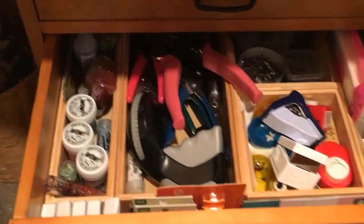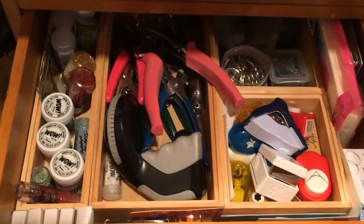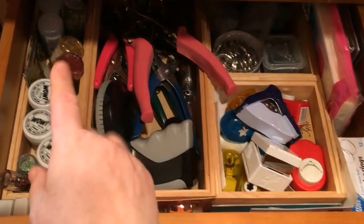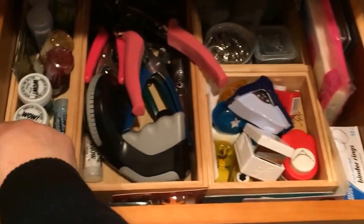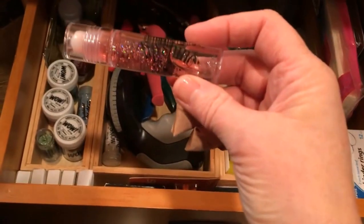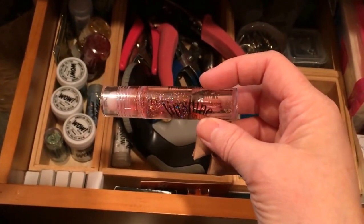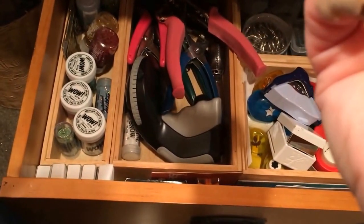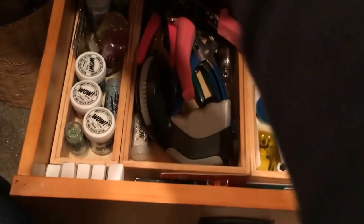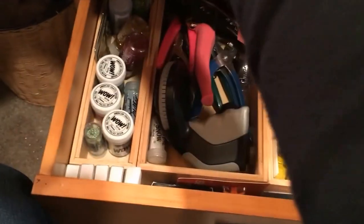Underneath that drawer, and by the way, all these dividers came from Bed Bath & Beyond, again, 10 years ago. So here are my glitter things, and here's the Heidi Swap lip shine that everybody's been talking about lately. Whoops, here it is. Sorry, I was holding it above. I still have mine. So then the rest of this is just glitter,